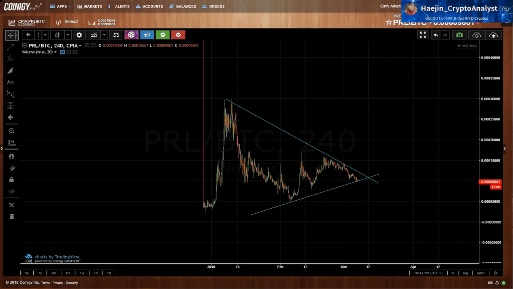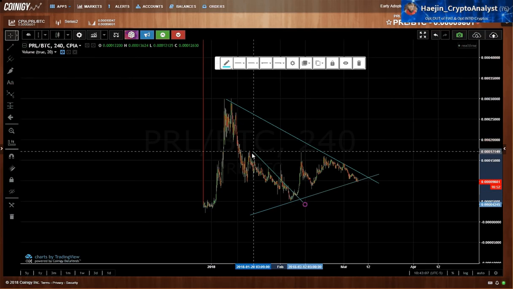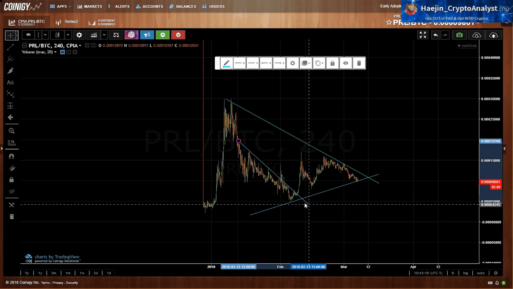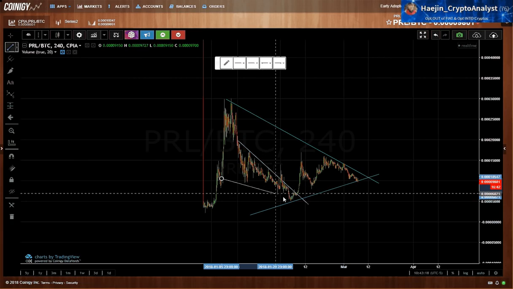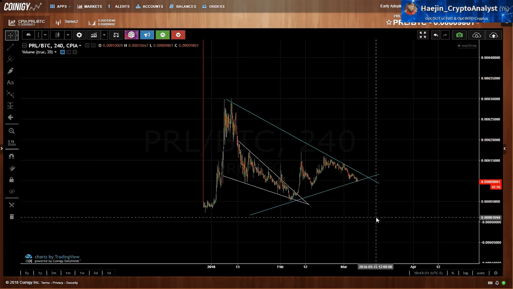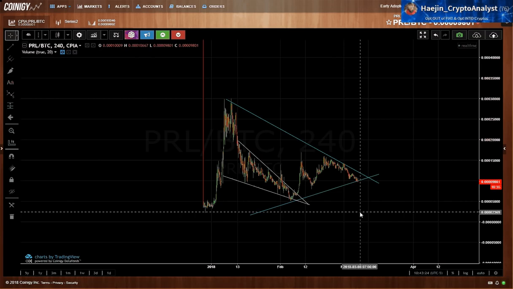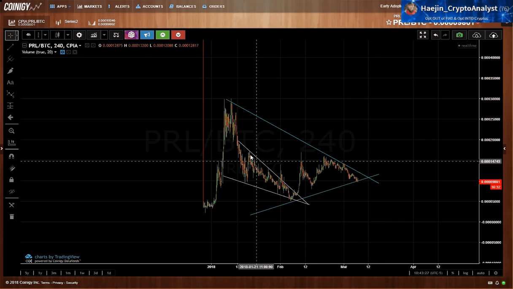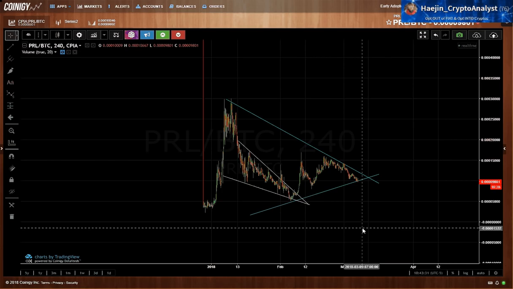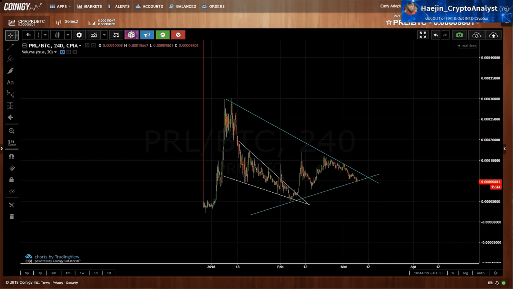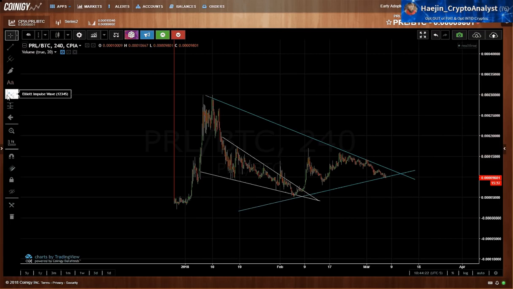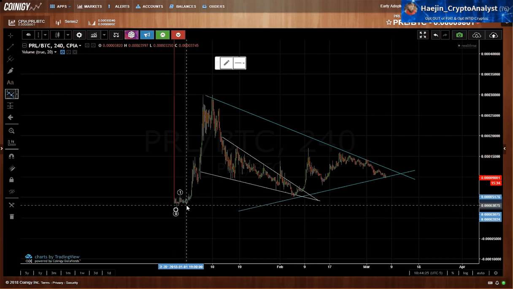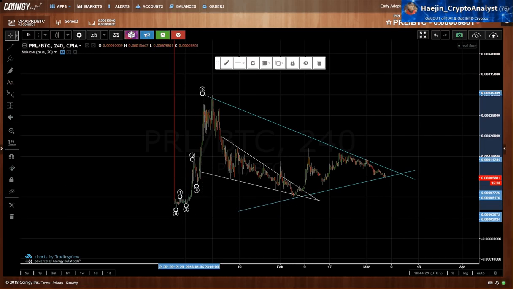What other pattern could I identify? So here's another one. The symmetrical triangle, which broke out. So now I would do the Elliott wave counting. Wave 1, 2, 3, 4, and 5. So after the 5-wave impulse,